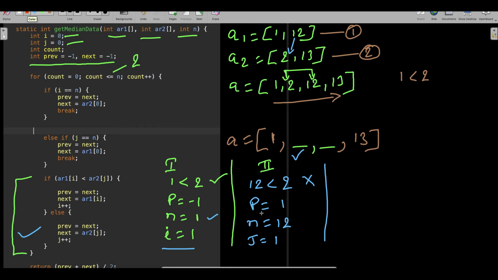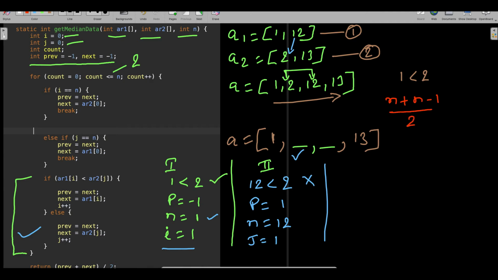So now you understood the importance of previous. Why is previous required? Because previous has to hold the previous value of next. Your next is changing when you came to the else, and you don't want to lose the previous one. Try to remember what I said in the formula: to find the median of an even number of elements, you have to do n plus n minus 1 by 2.